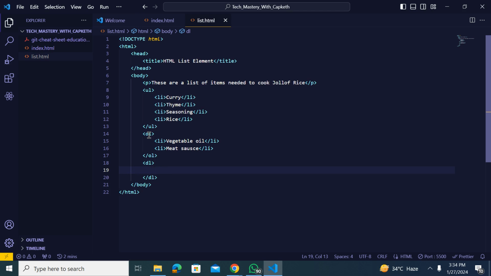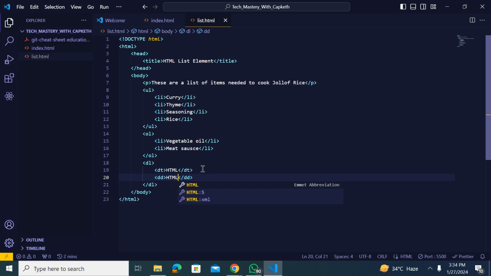So if you want to list a description, you use DL first of all. Inside the DL, you now begin to describe. The other elements that work with it are the DT and the DD. So the DT is the description term. Let's say HTML is a term we want to describe, and then the DD, that's the description definition. That's the definition. Let me put HTML stands for